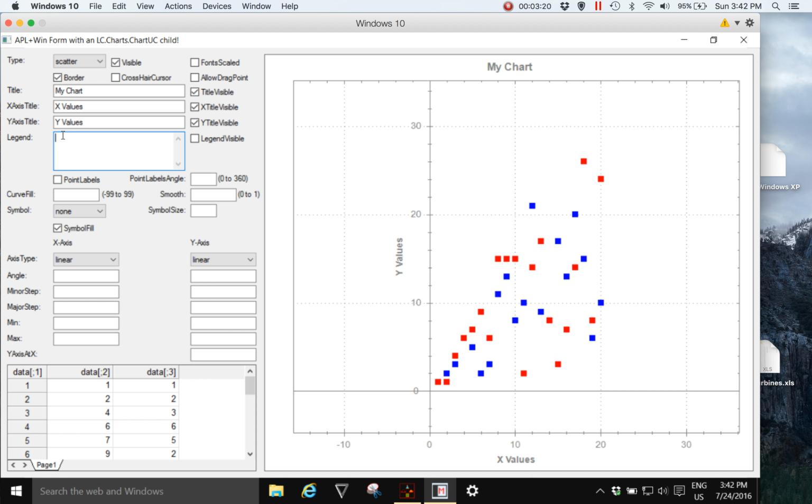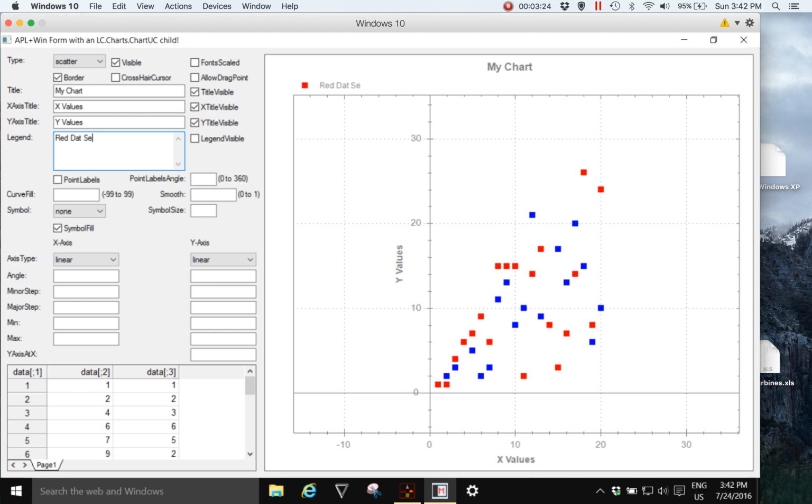For the legend, I'll say I've got a red data set, and that appears across the top, even if it's not spelt correctly. And then I'll have my blue data set,